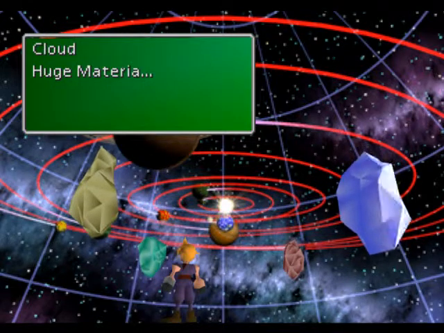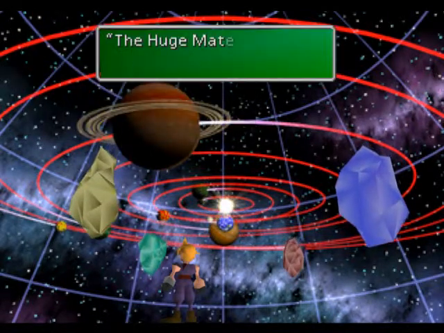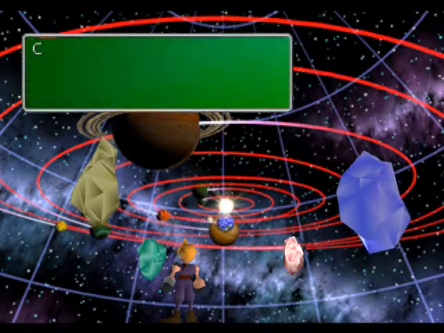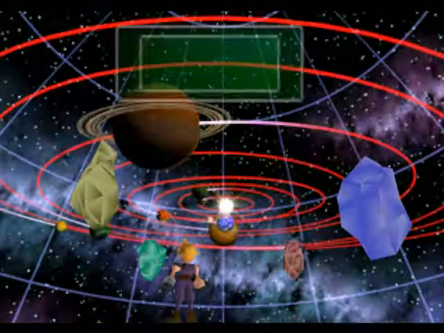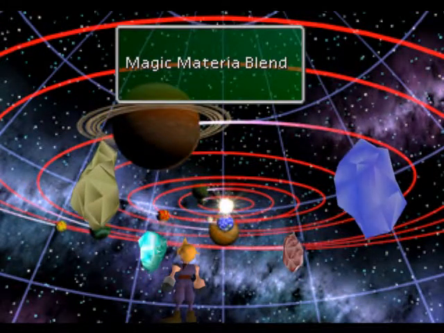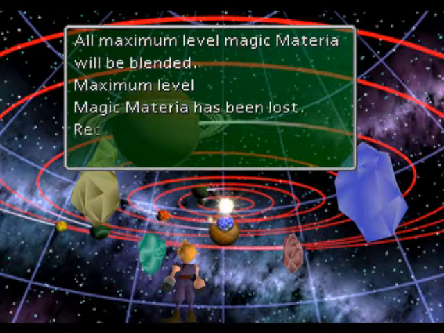And with all of them mastered, you go to the green. Of course, to the green, because green is the color of magic materia. And then this happens. Magic materia blend. All maximum level will be blended. Maximum level...